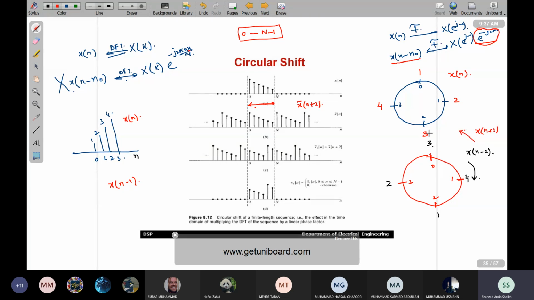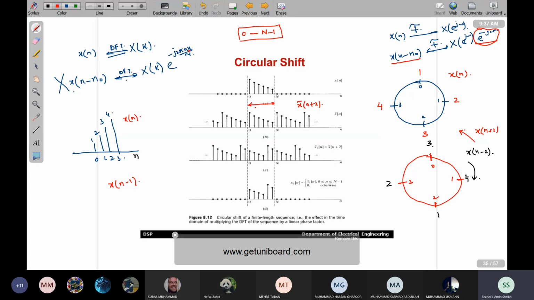So as a result of that, जो चीज पड़ी हुई थी x of n minus 2 के लिए, जो चीज 2 पे पड़ी हुई थी वो उठ के x of n minus 2 में वो कहाँ चली गई है? वो 0 पे चली गई. So it is there. जो 2 पे थी वो 3 पे आ गई, जो 1 पे थी 1 पे 2 था तो वो 3 पे आ गया. इसी तरह से आपने उसको रोटेट कर दिया. Questions please. This is our circular shift